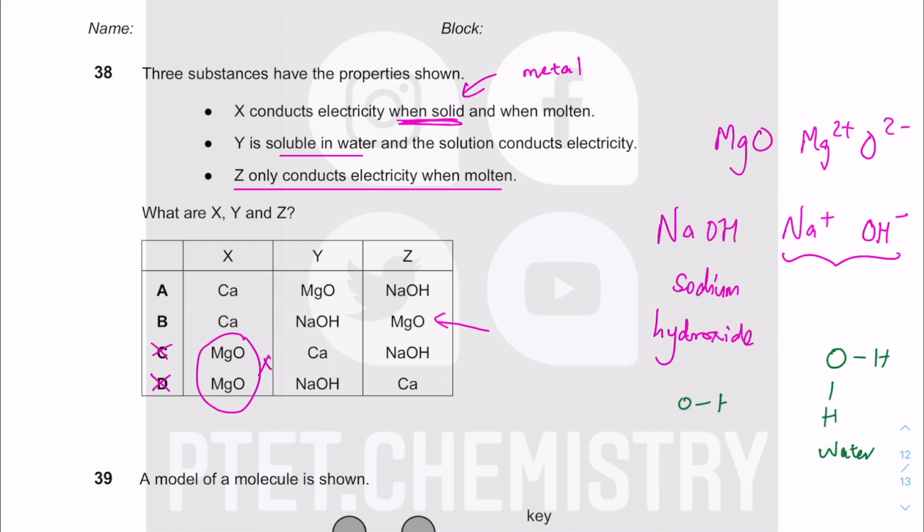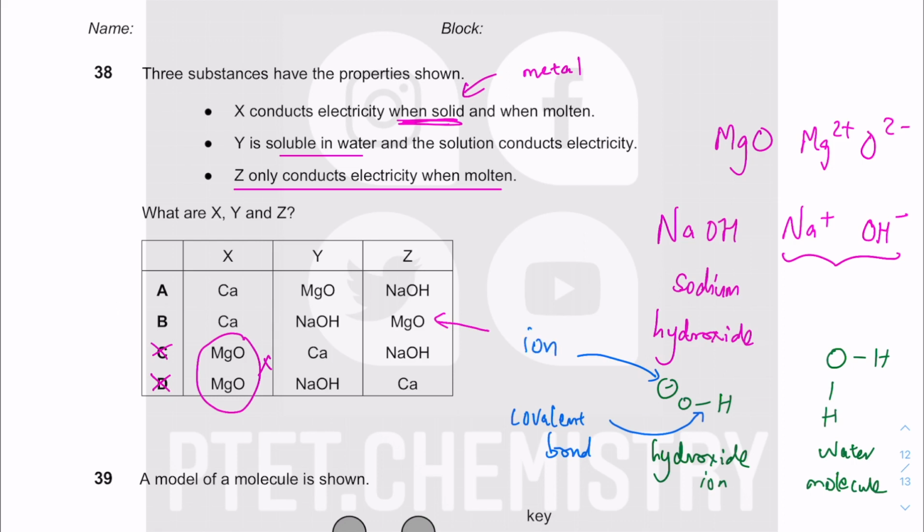This is hydroxide. This is an ion. This is a molecule. If you look very carefully, you will see that this is a covalent bond. And if you look very carefully, you will see there is an ion because of the charge. So these are the kind of things in polyatomic ions. You have both covalent bonds as well as the charge there. So between Y and Z,